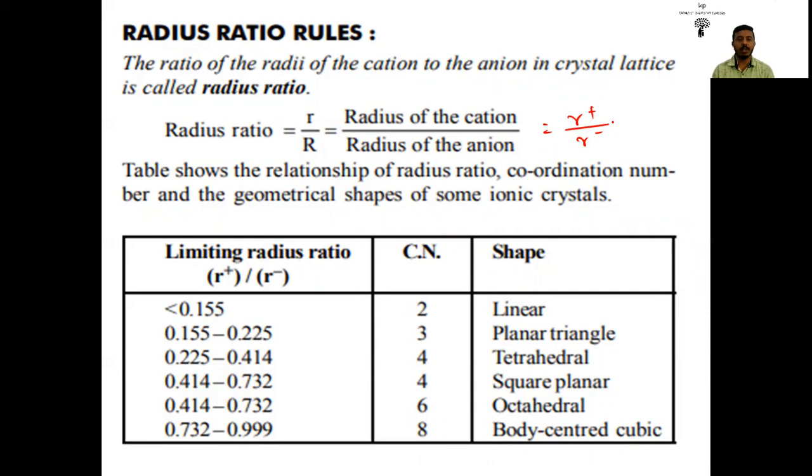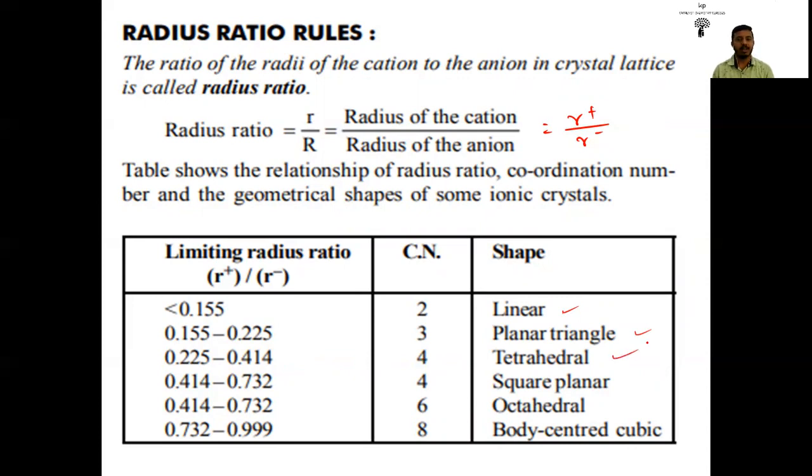Here is the table that shows the relationship of radius ratio, coordination number, and the geometrical shape of some ionic crystals. If the radius ratio is below 0.155, then the coordination number is 2, and the geometry of the ionic crystal is linear. If the radius ratio is between 0.155 and 0.225, then the coordination number is 3, and the geometry is planar triangle or trigonal planar. If the radius ratio is between 0.225 and 0.414, the coordination number is 4, and the